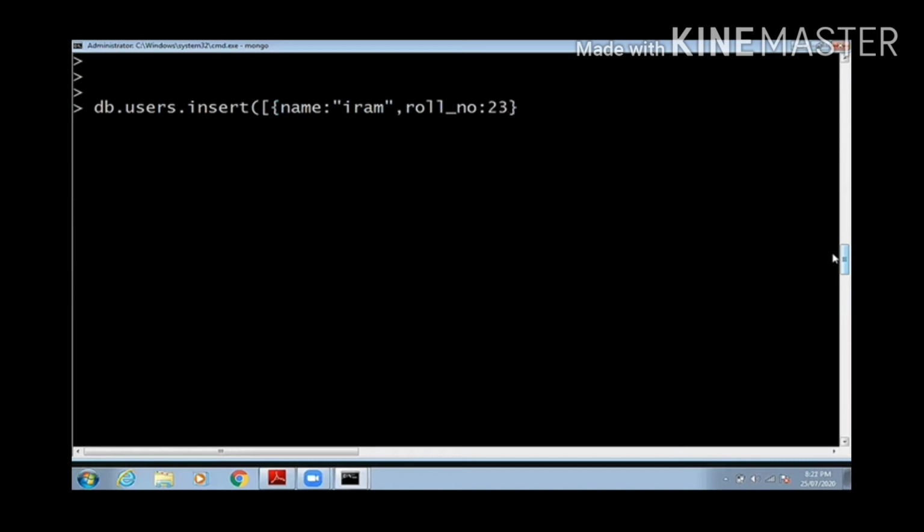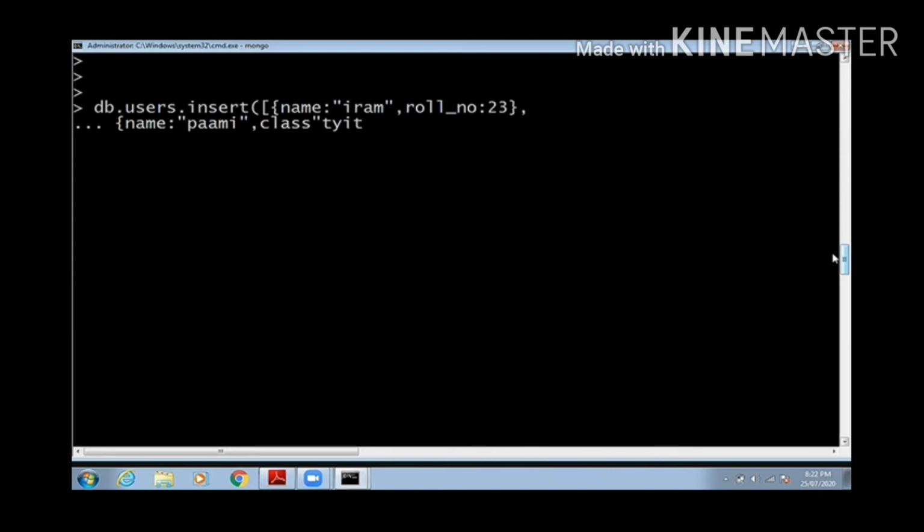So please use square bracket when you are inserting multiple documents in one go. Now I can press enter in between. It will just continue my work because I don't want that long line to be typed. Until and unless I press that last round bracket, I can press enter.